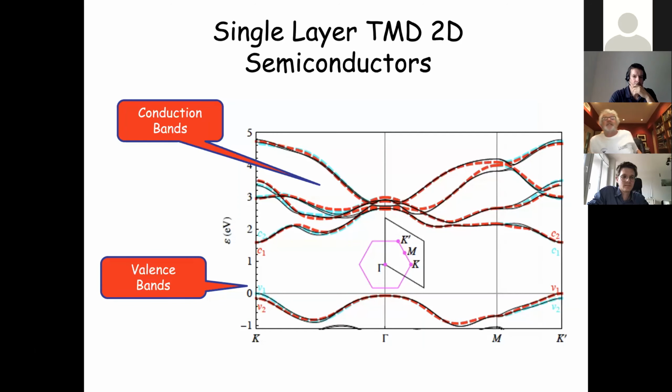So let me start. Okay, so this is the simplest example of a Moiré system. It's based on a two-dimensional crystal, a transition metal dichalcogenide single layer system. So the bands are a function of two-dimensional momentum. This system has a triangular Bravais lattice, so its momentum space is that of a triangular lattice. And I'm going to be talking mainly here about hole doping, so that the states we're interested in are near the top of the valence band. I hope you can see my cursor.